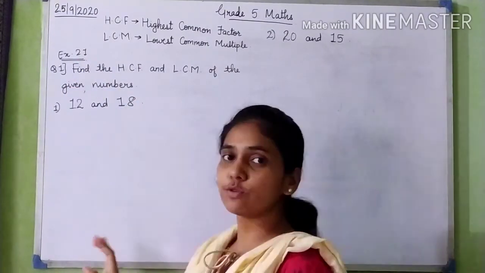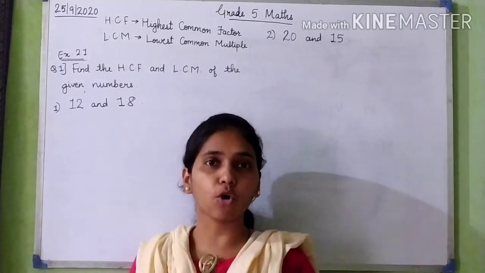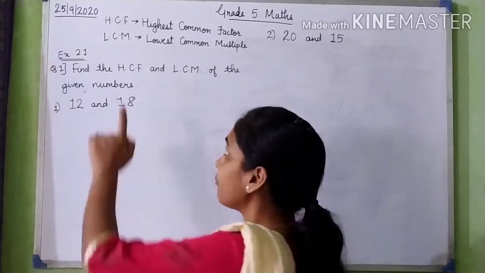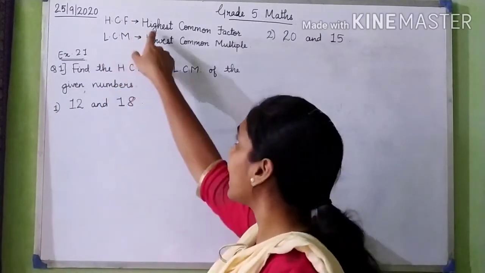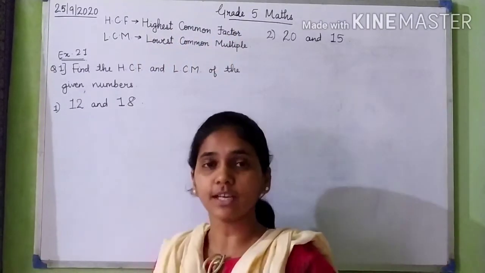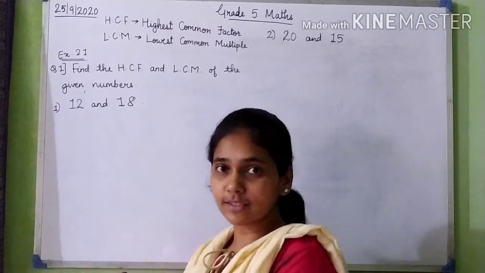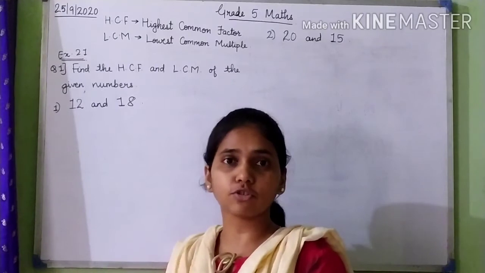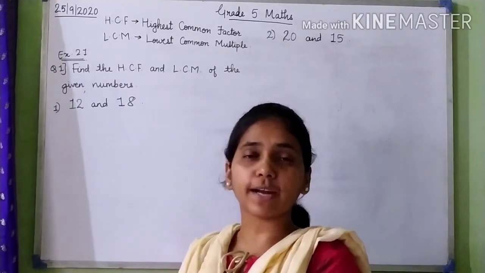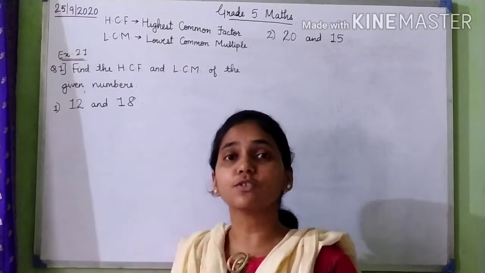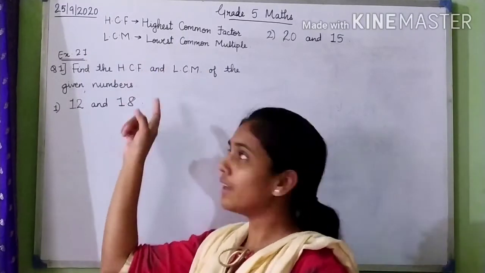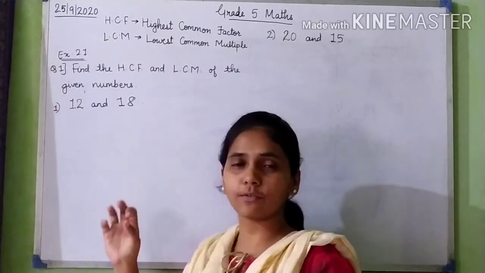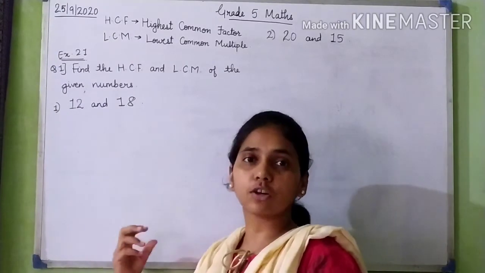In that exercise we are going to see how to find the HCF and LCM of numbers which are given to us. So what does HCF and LCM mean? The full form of HCF is highest common factor. Highest common factor means if we take two numbers and find their factors, and take the common factors out of the factors of each number, then out of those common factors, the factor which is the highest one is known as the highest common factor. For LCM, the lowest, we will see that when we solve the sums: how to take the factors of a number, then how to choose the common factors from them.